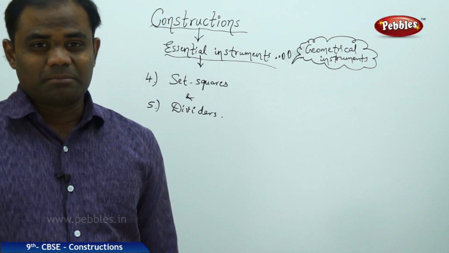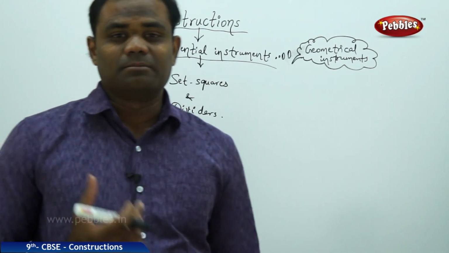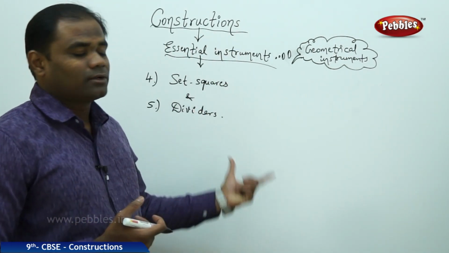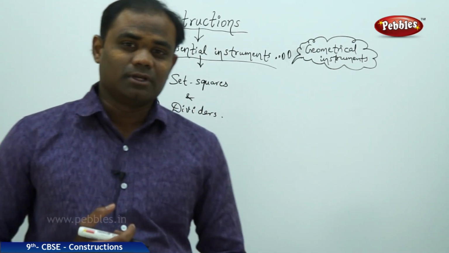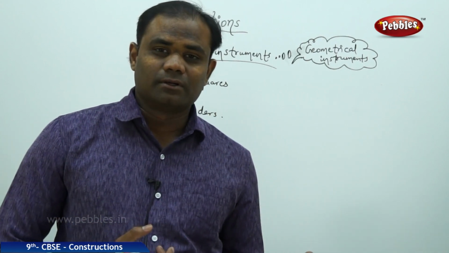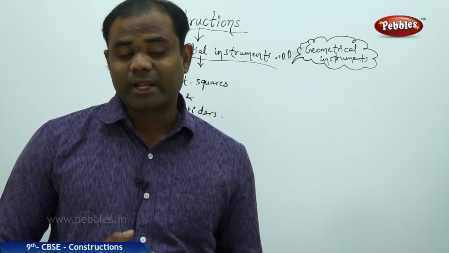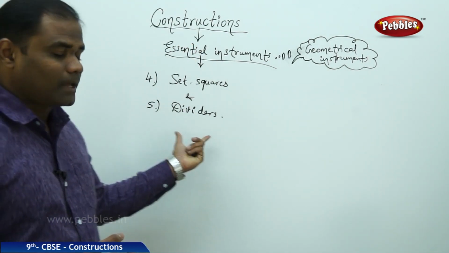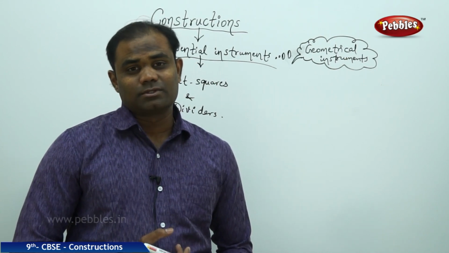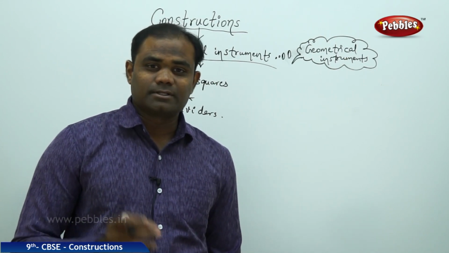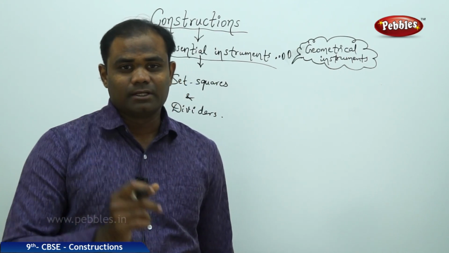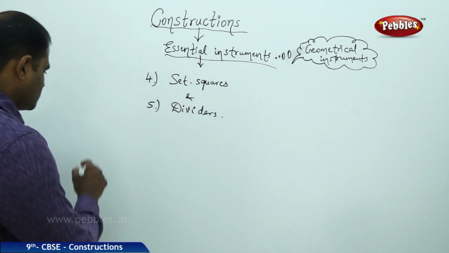So these concepts can be understood better if we apply them in the problems when we solve. So these are the set of 5 instruments which are important in the geometrical instruments, starting with the ruler, the compass, the protractor, the set square and the divider, which is how we need to use the set of geometrical instruments in construction. One of the most important concepts in construction is that